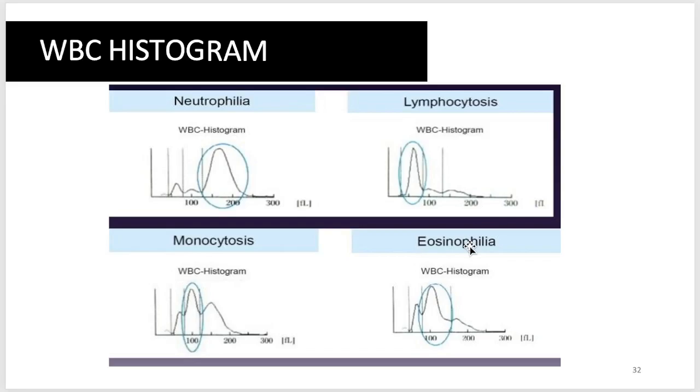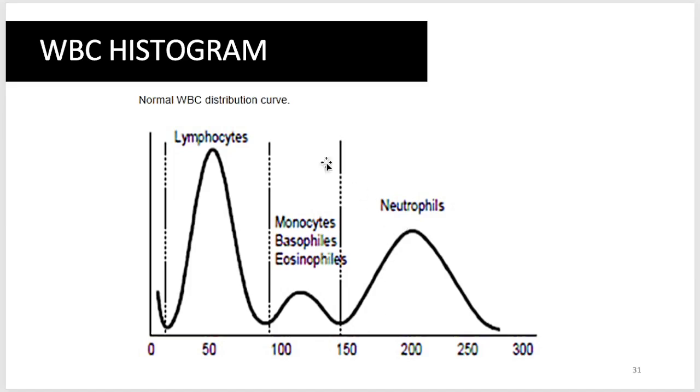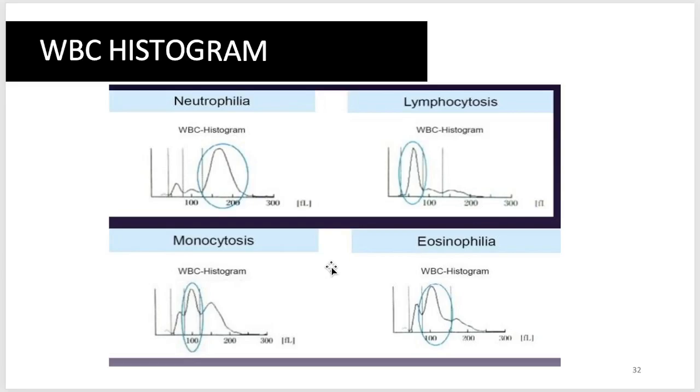Again, the answer is yung between cells or yung mid cells. Bakit? It is difficult to distinguish this area if there is a presence of increased cells. Kumbaga, may monocytosis, may increased basophils, may eosinophilia, because remember, the distribution of that particular curve are all distributed